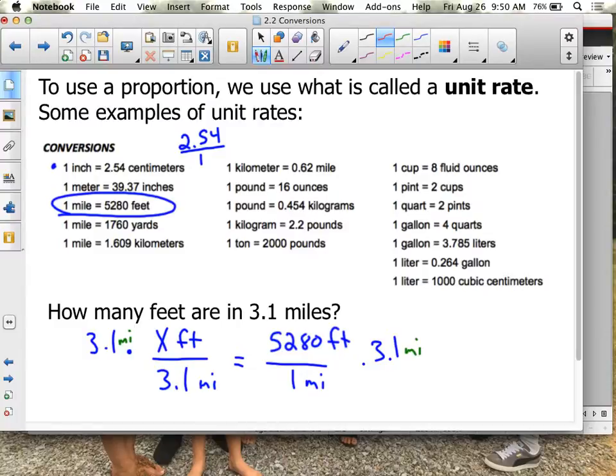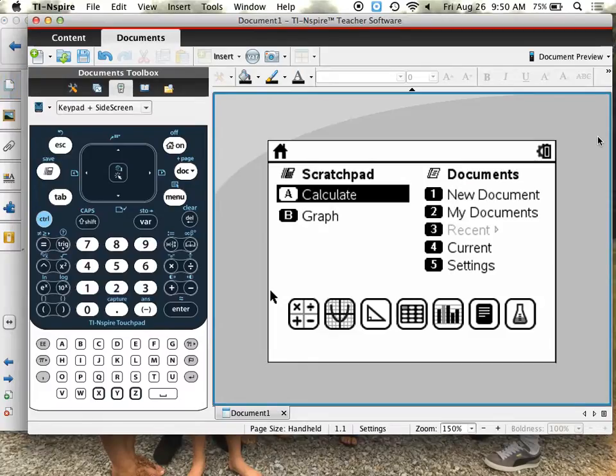The units of miles cancel out. I know that the 3.1 cancels here as well, but that's really important on the right side of our proportion, because the units miles cancel out, and the only units that are remaining now are feet. So we know that our answer is going to be the number of feet we have. So let's try to pay attention to those units. As we go over here to our calculator,